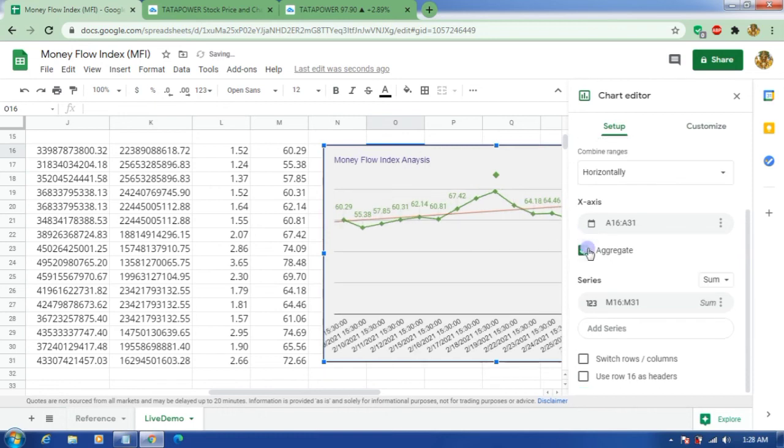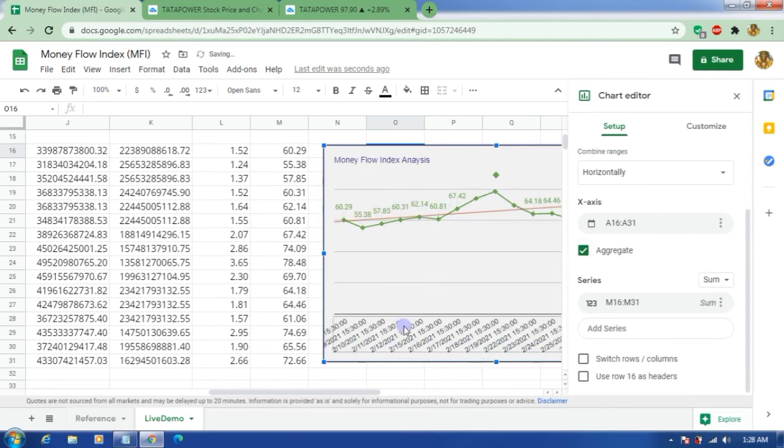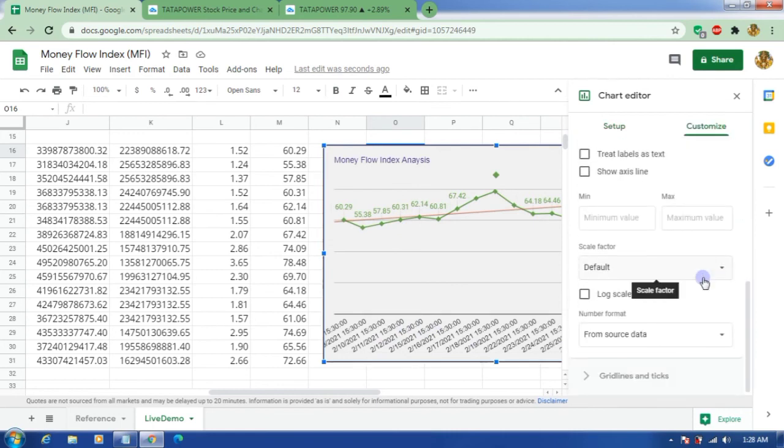Okay, so if you don't select it, what happens? See, you are seeing 214, 221, like you are seeing weekly data. Select this aggregate one, so that you will see the daily data there. Okay, so go to customize.